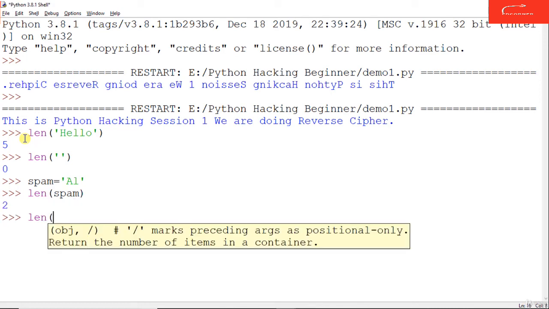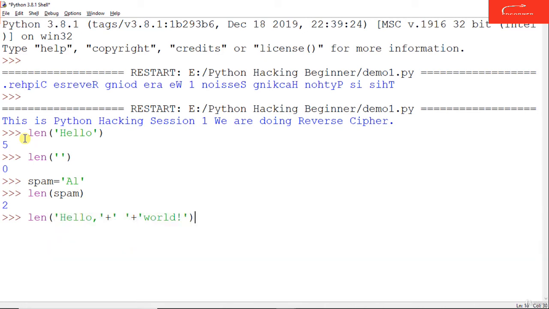Or we say in len, we open double quotes, we say hello, then let's give here a comma. Then we add there a space, and we concatenate it with the variable world. Okay, and we close it. So here we get the length as 13. So from this particular return value, we know how many characters the particular string that we have given in the bracket has. A blank string will have 0 characters. So if we store any value apart from a blank value, you will get exactly the length of the string that you are storing, using the len function.